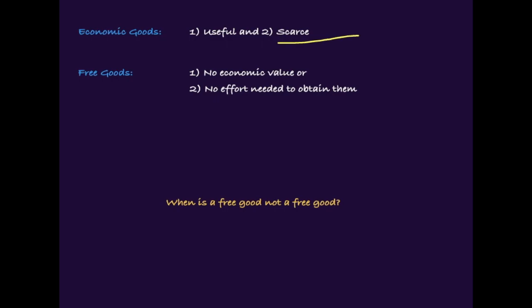The most important question here is, when is a free good not a free good? One important distinction is that just because a good is given away for free, it doesn't necessarily mean it is a free good. If McDonald's is giving away a free toy in a Happy Meal, it is not actually free because it requires time to make the toy from the raw materials. This means there is an economic cost. If the company wasn't giving away free toys, it could reduce the price of the Happy Meal.